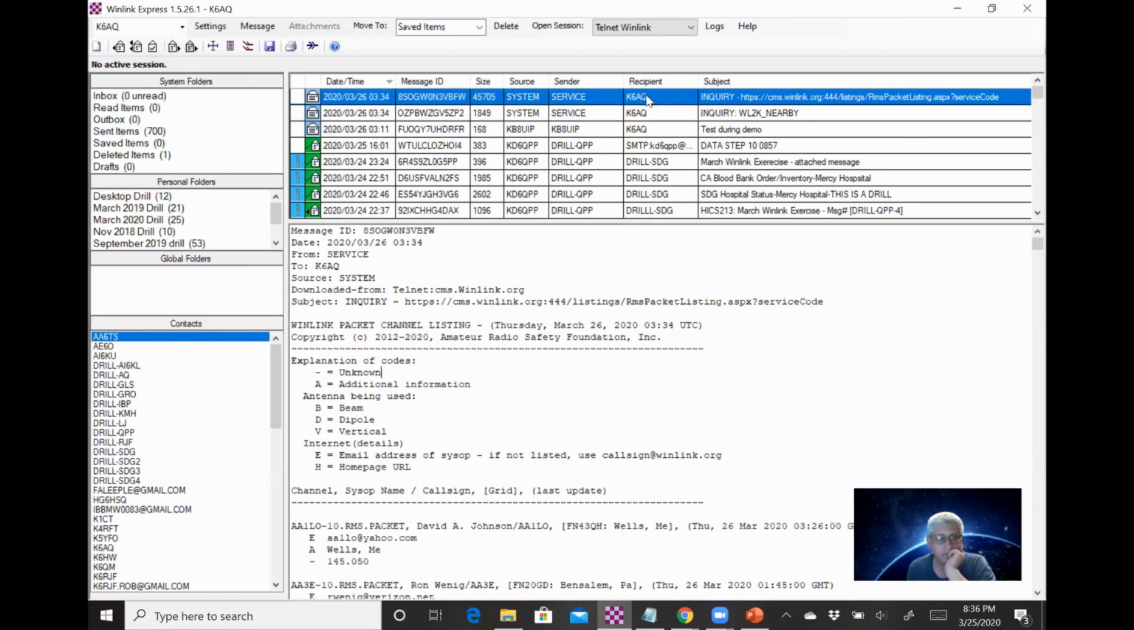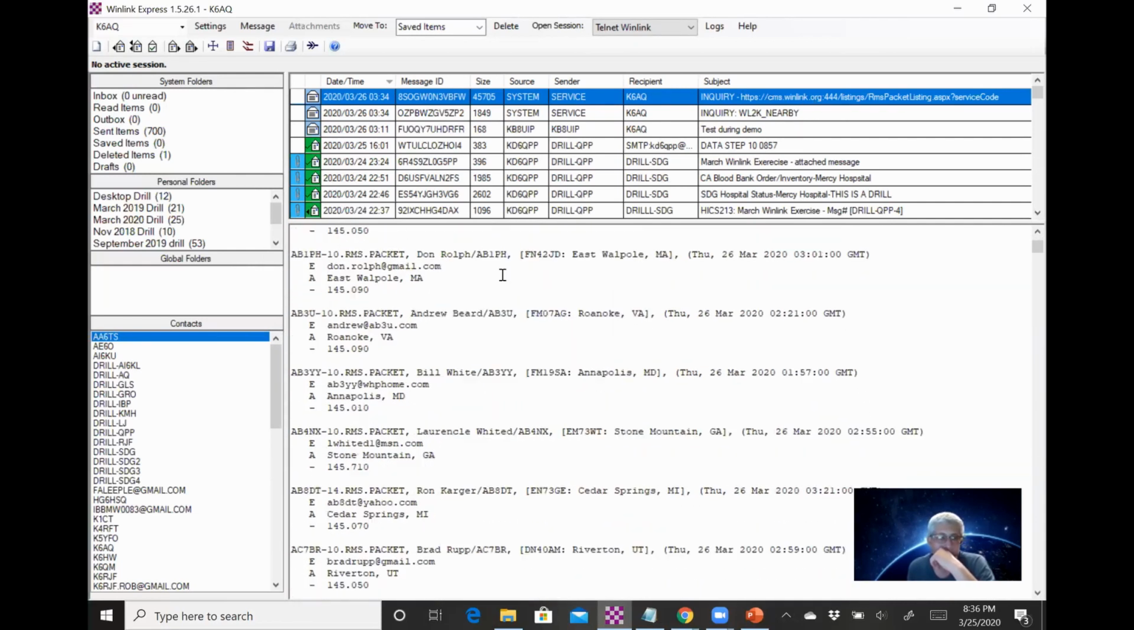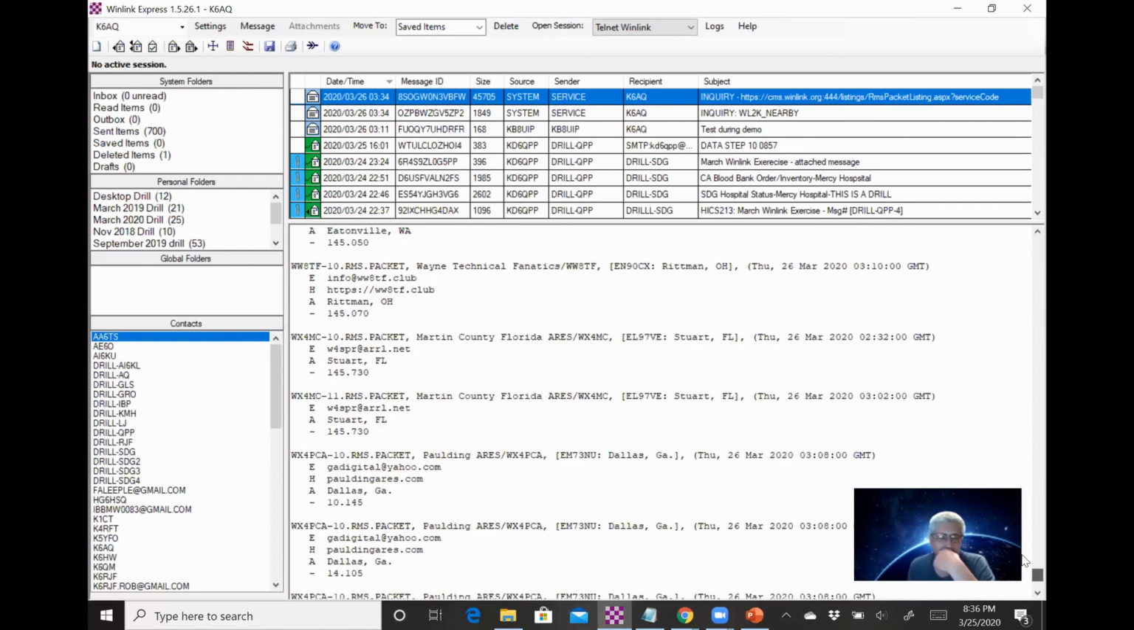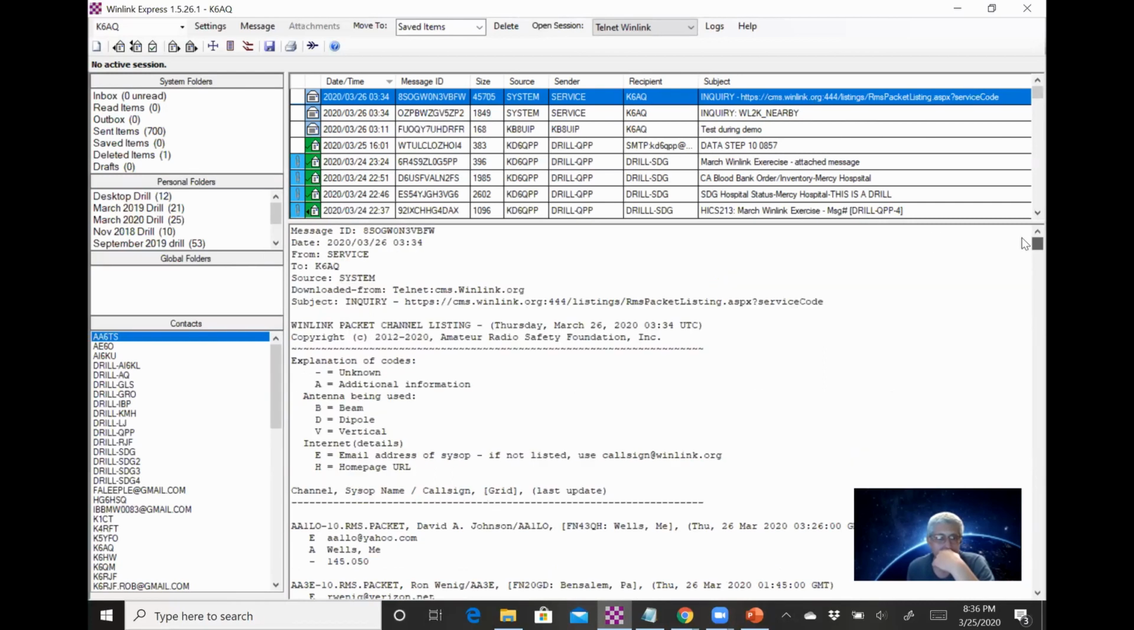And then also this other request is the current listing of packet nodes. I think this is supposed to automatically get put into the current packet gateway list as well, or HF gateway list, as well as appearing here. That's something I'd have to double check on later. But anyway,